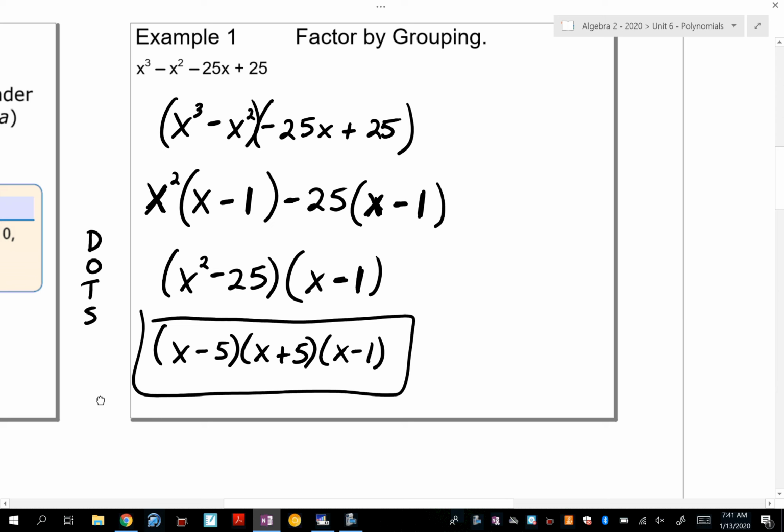All right, now, one more thing before I officially finish this micro lecture. I try this every year, I want your brain to understand that the very beginning, this cubic polynomial with 4 terms, and the very end, x minus 5 times x plus 5 times x minus 1, are the same thing. This here at the end and this here at the beginning are the same thing. One is factored, root form, if you will, and this one is standard form. But they're the same. Your brain needs to know that for the